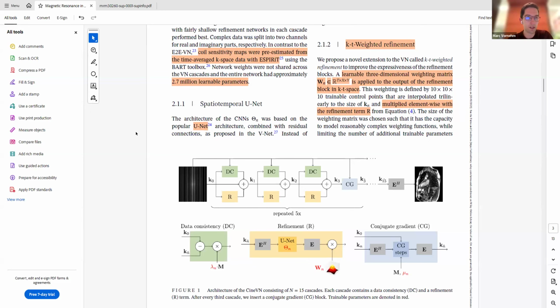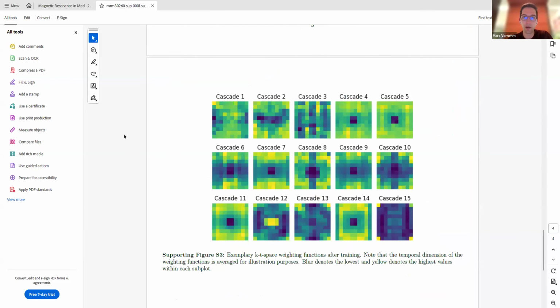So I will briefly switch to the supplementary material because we have some representations of these weighting functions after learning. And I think it's quite interesting to look at those. These are the weighting functions after each of those 15 cascades.